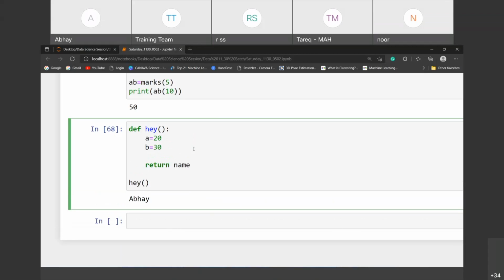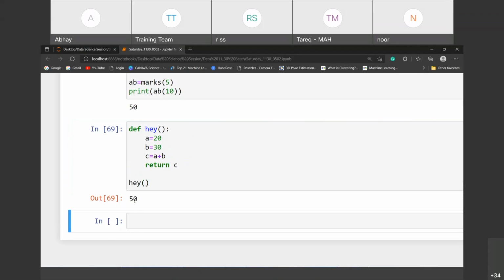And return value we can use anywhere in the code. Yes sir, correct. C is equals to a plus b, and I'm just returning the value here, that is in C. So when I execute this one, definitely you will get 50, because 20 plus 30 will be stored into C, and C will be returned.